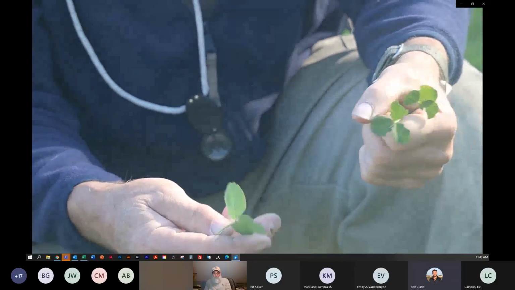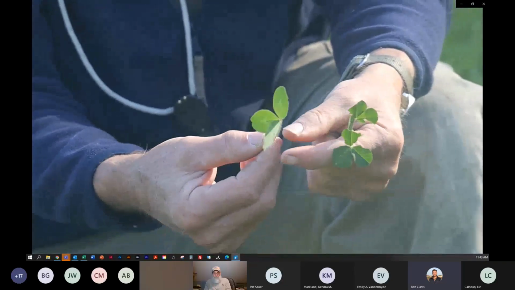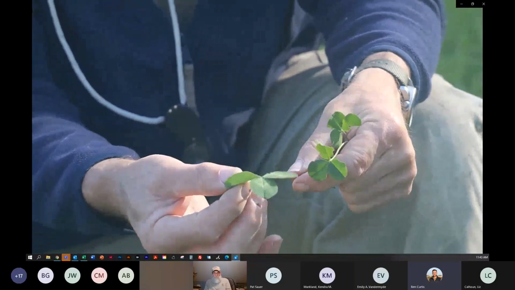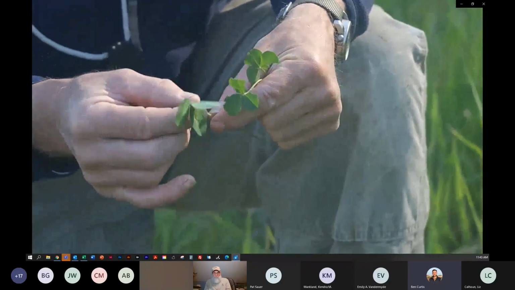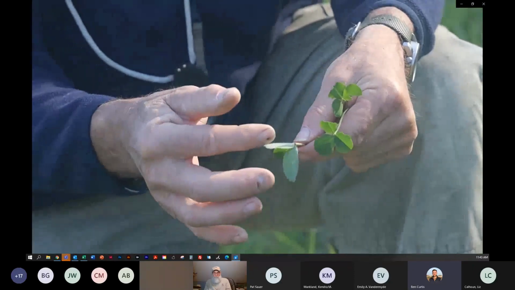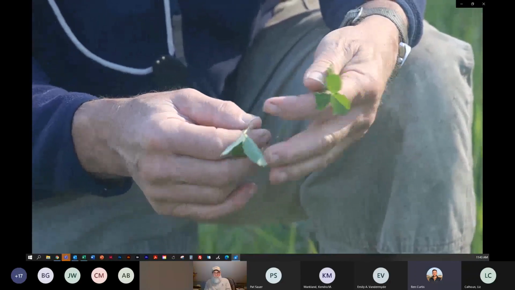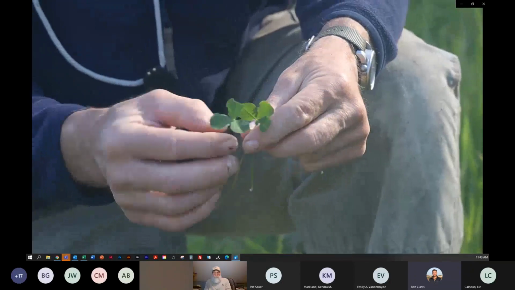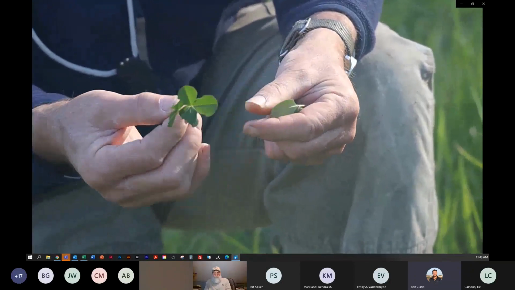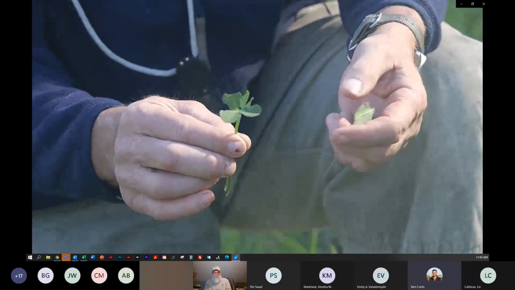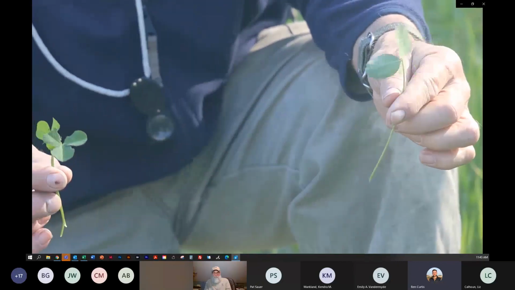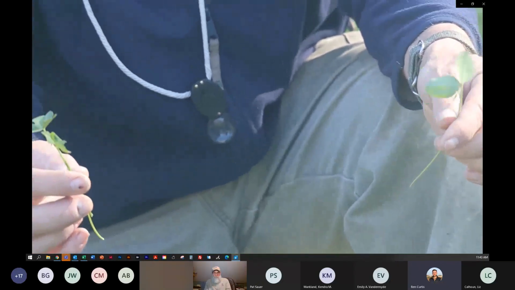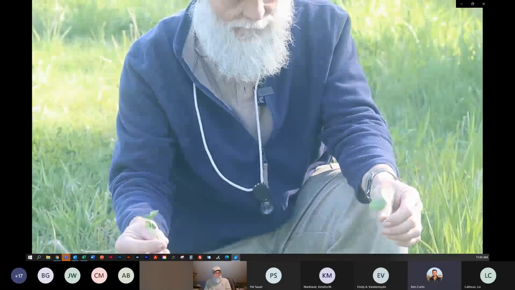Another characteristic that I can see with my hand lens is that the red clover leaflets here are pubescent. There's hairs all along the petiole here. There's hairs on the ventral side of the leaflets here, whereas the white clover leaves are glabrous. There's no hairs at all really on any of these. So again, when they're in flower, this one's white, this one's red, much easier to distinguish then. Now, of course, out here in the pasture, they're important nitrogen fixers to help increase the growth of the grasses.